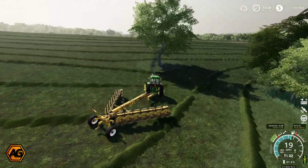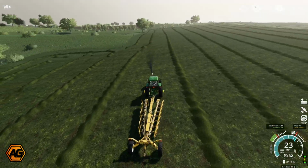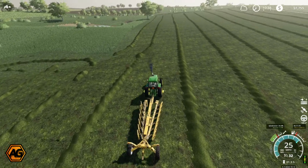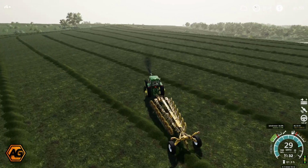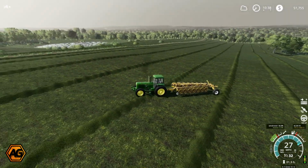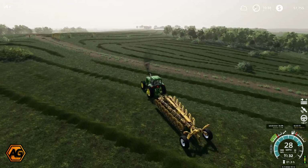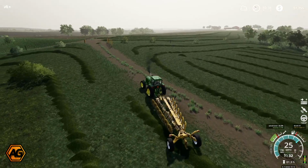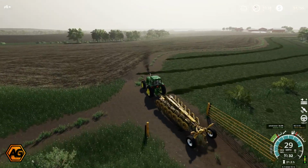Might have been a bit messy in some spots, but I think that's that whole field windrowed. A little bit untidy down there. I did try to use Courseplay a little bit, because I thought when it comes to collecting this grass it might be nice to be able to use Courseplay, but it didn't play very nicely with this windrow, so I did a lot of it manually. But anyhow, we'll get back up to the farm, back up to the yard,